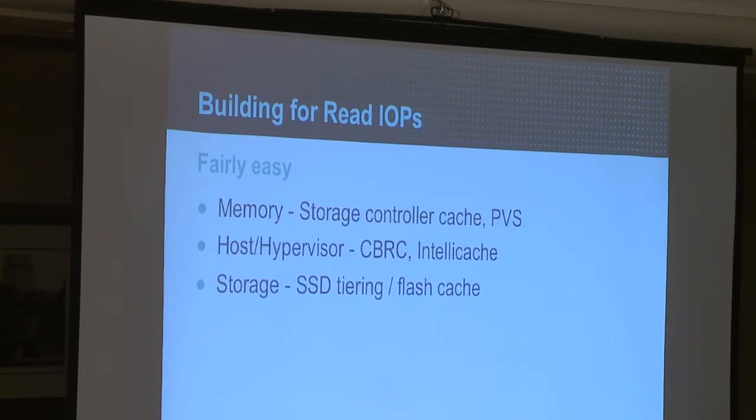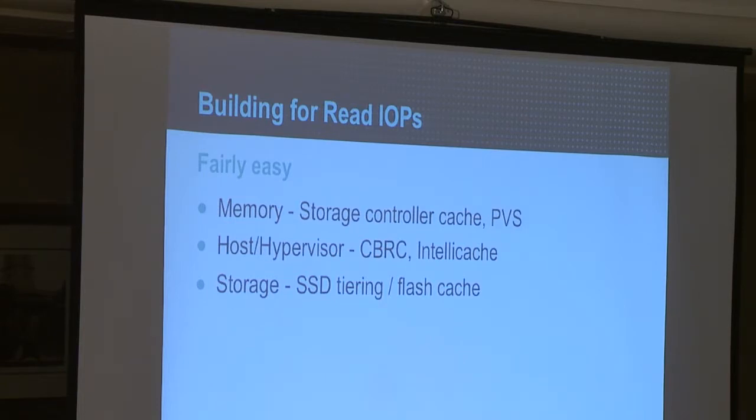So at the host and hypervisor layer, how many people here are familiar with Content-Based Read Cache or View Accelerator? Anybody? Okay. Starting in vSphere 5, a feature was added, kind of silently, to the stack, called the Content-Based Read Cache. It creates a digest file, essentially a hash file, of the VMDK, and will then load blocks of data into memory. Up to 2 gig of things can be cached